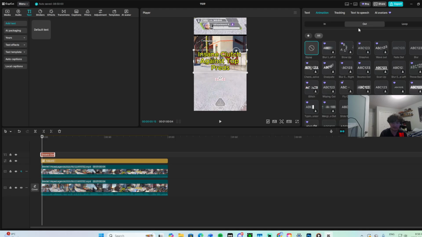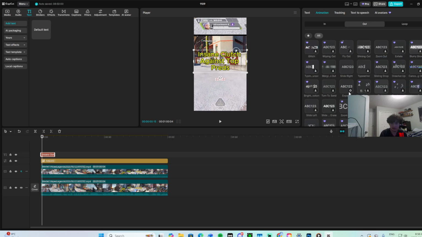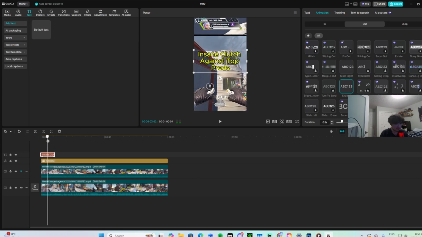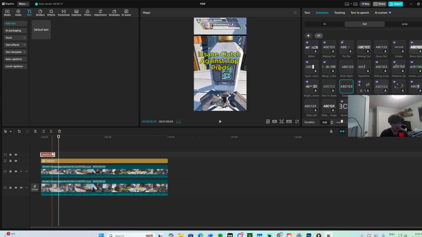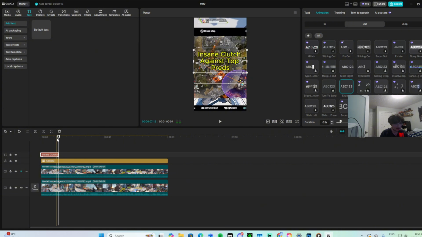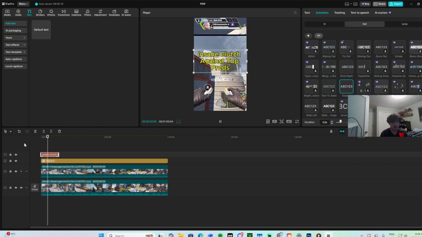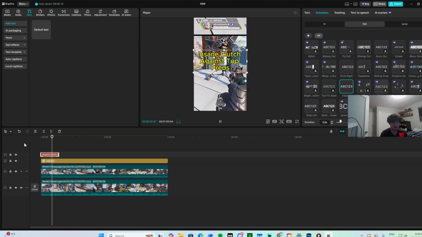And then you can fade out. And I usually like to use like expand. So on my timeline, I have the text go to here. And then now it just looks like this. Fades in, and then transitions